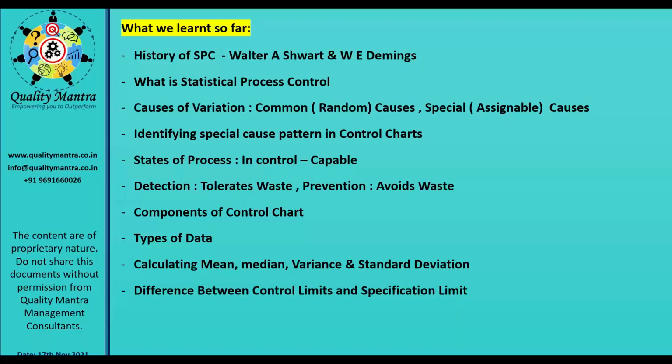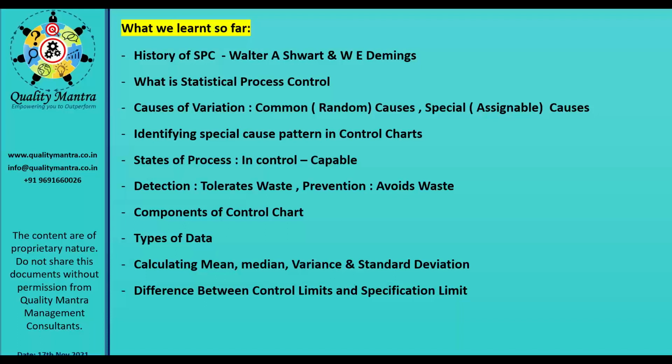Detection and testing is important. They have their role to play. But to make your product reliable, to make your product quality sensitive, you need to focus on the process. Then we have seen the components of control chart, that is data, mean, which is the average of the data, the lower control limit, upper control limit, and the event log. Those things we have seen. Then we have seen types of data, there are attribute type of data and variable type of data, because on the control chart you are going to plot the data.